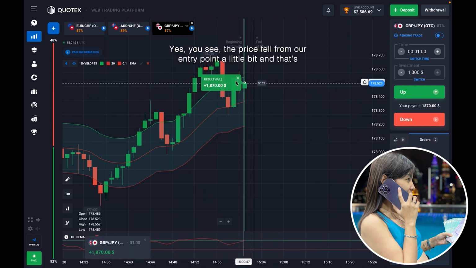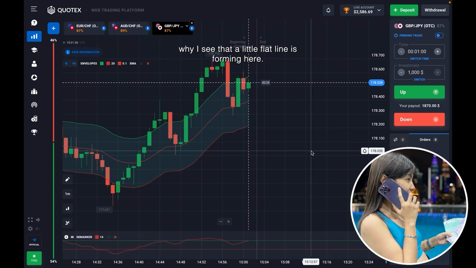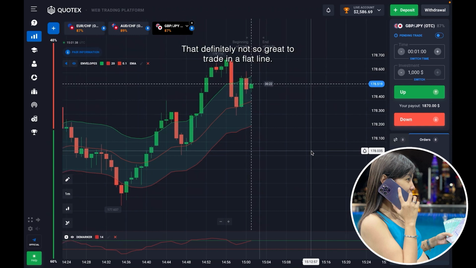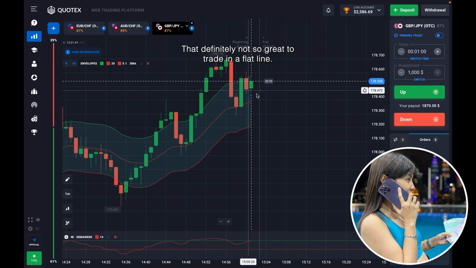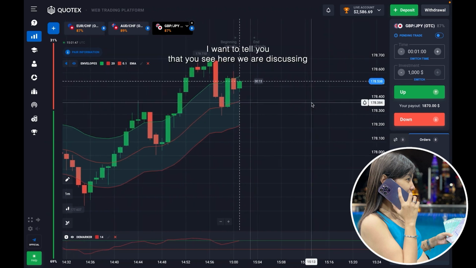Yes, you see the price fell from our entry point a little bit, and that's why I see this little flat line is forming here. So that's definitely not so great to trade in a flat line, and that's why I prefer going to another currency pairs. But before you do this, friends, I want to tell you that you see here we are discussing